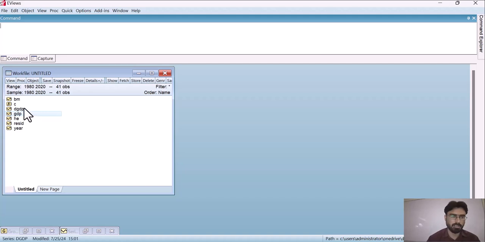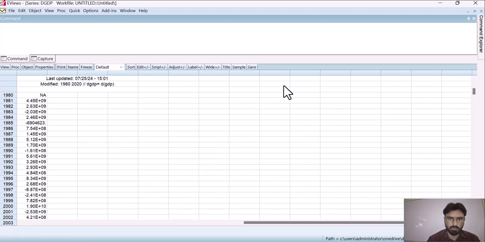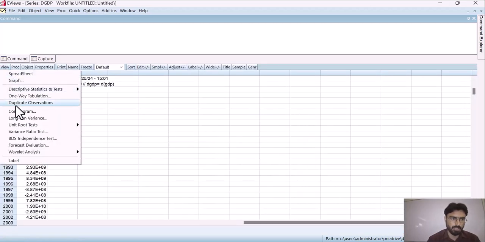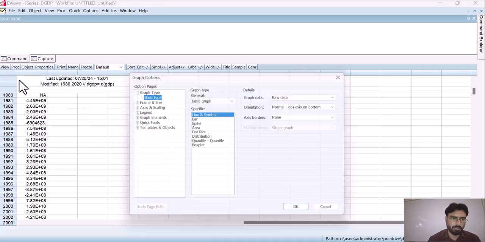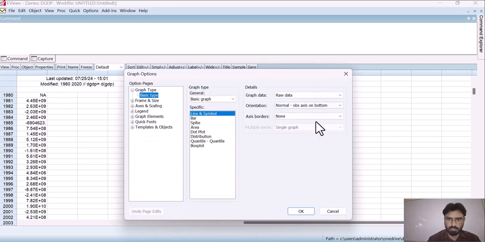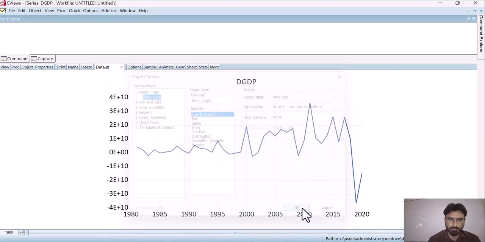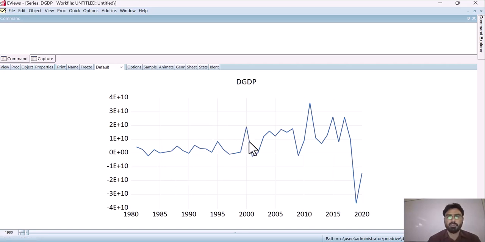So here it has generated a new series. Now we will see whether it has been converted into stationary or not. Okay, double click on it and then go to View, and then first see its graph. I am going with all the default options as they are, we have done it before, then click on OK. So here you can see that now its trend has been removed. When we have taken the difference of it, its trend has been removed. So it means that now the data has been converted into stationary.